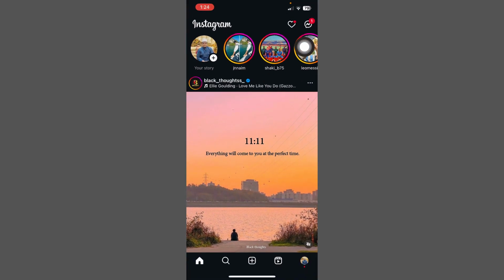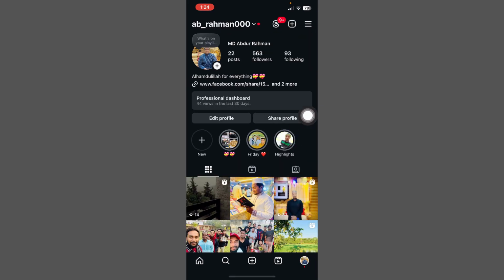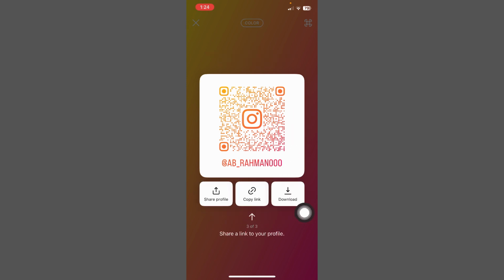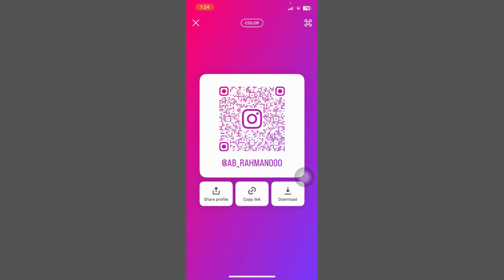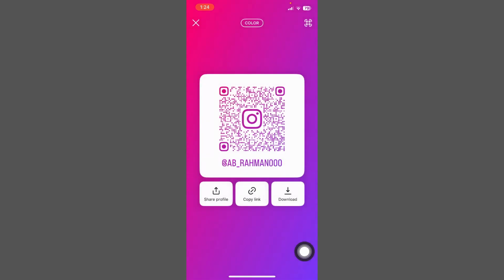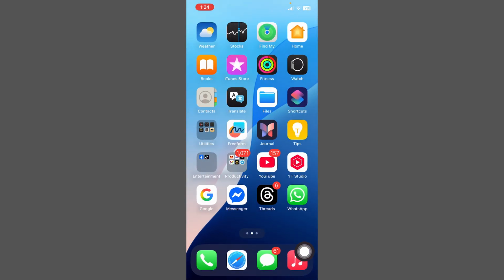Okay, click on profile, tap on share profile, and just click on copy link, share profile. Okay, and tap on copy to back, then click on X account